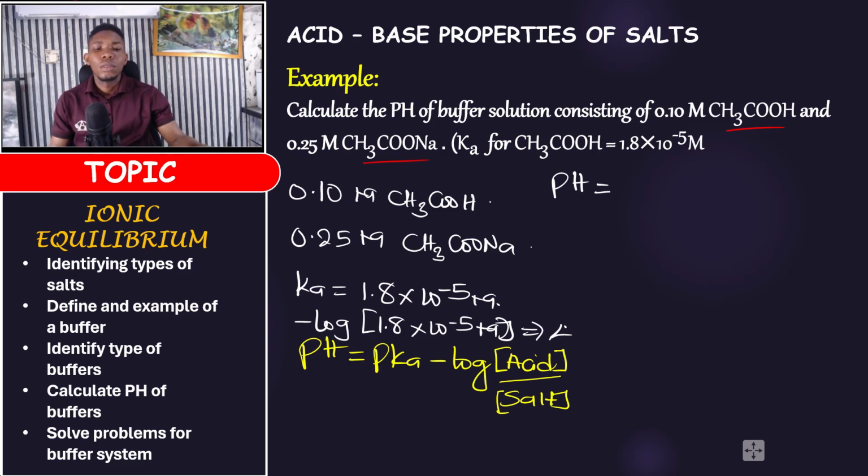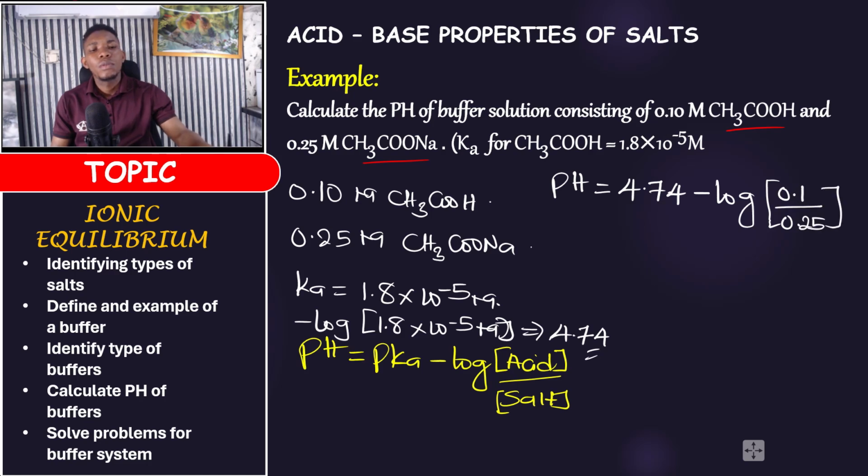4.74. So that is our pKa. In place of pKa here, you put 4.74 minus log acid, the acetic acid. The concentration of acetic acid was given as 0.1. So you have 0.1 divided by that of the salt, 0.25. So pH will be 4.74 minus log 0.1 divided by 0.25,